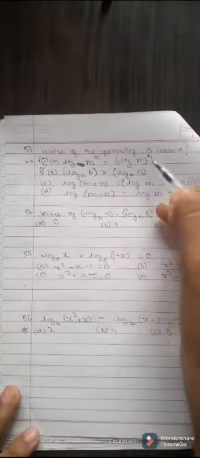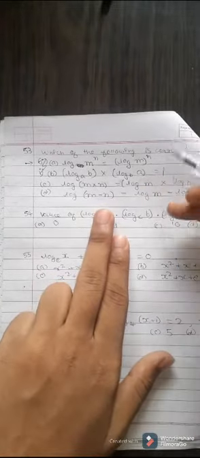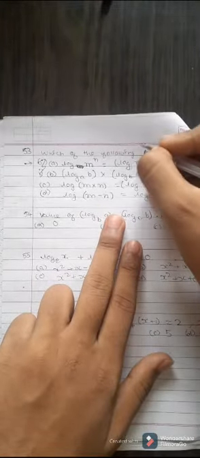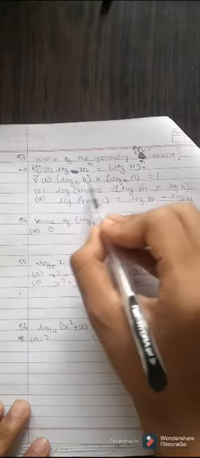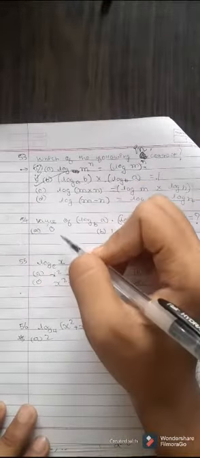Required answer is option B. Now 53rd sum. Which of the following is correct? First of all, I think the question is incorrect. So 53rd, first condition is already correct, can be cut down, but here yes, this will result in giving value as log 1 and log 1 is 0. So ultimately my answer is option B. And the other two can be correct and they are also correct.